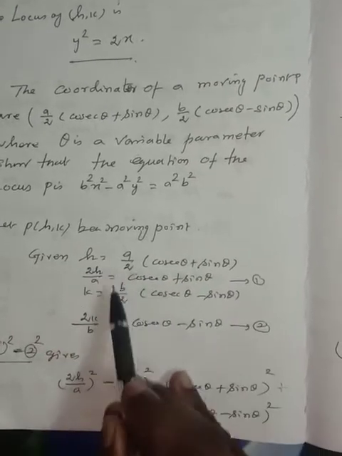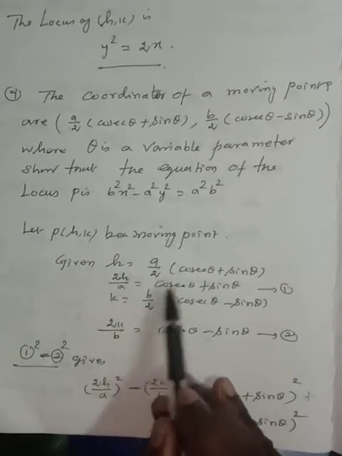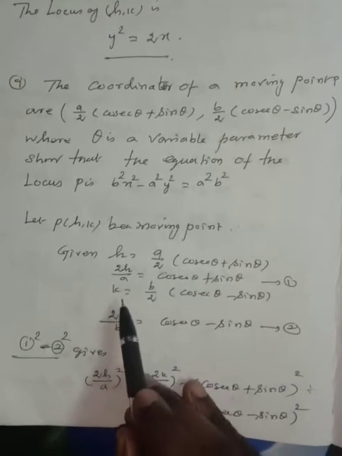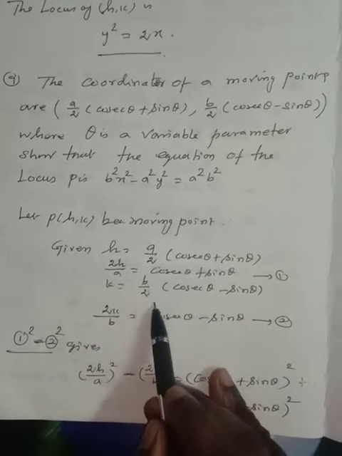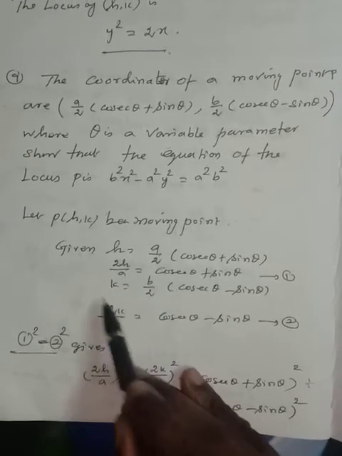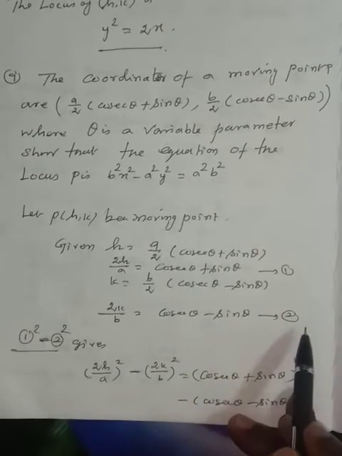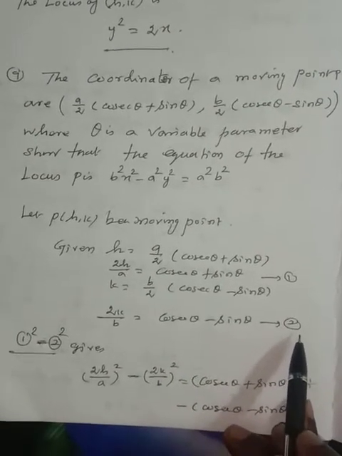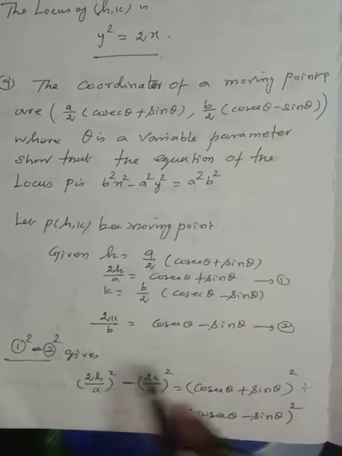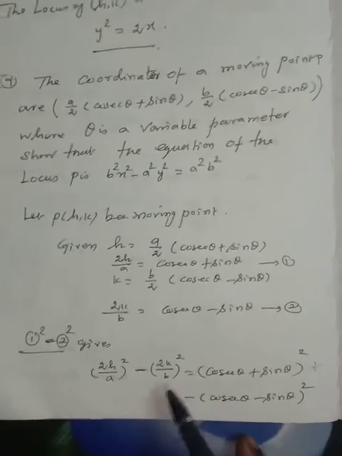Cross multiplying, we have 2h divided by a is equal to cosecant theta plus sin theta. Number this as 1. In the same way, k is equal to b by 2 of cosecant theta minus sin theta. Cross multiplying, we have 2k divided by b is equal to cosecant theta minus sin theta. Number this as 2. Now subtract 1 square minus 2 square, which gives (2h divided by a) whole square minus